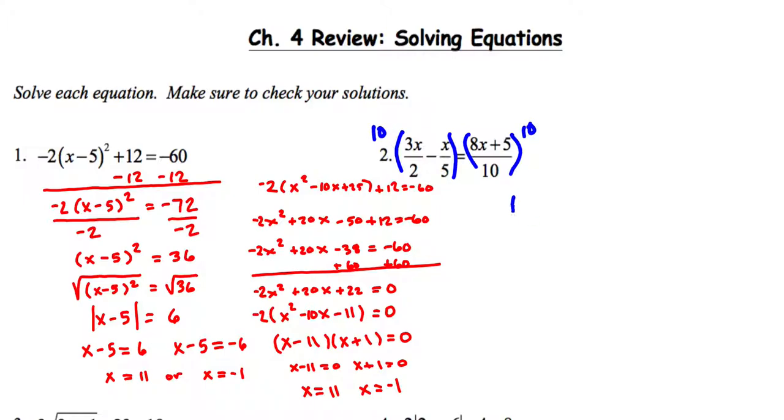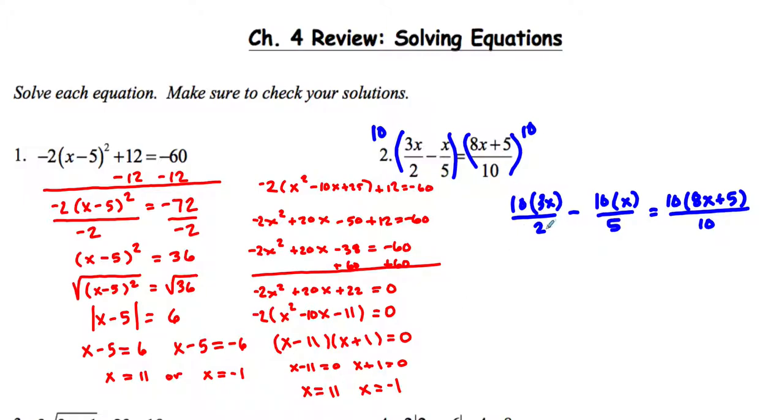So what we've got here is 10 times 3x over 2 minus 10 times x over 5 equals 10 times the quantity 8x plus 5 over 10. Now here's the thing, you don't have to show this step, and not everybody does, but if you're struggling and don't understand what's going on, that's why I'm showing it. The reason we multiply by 10 is because that 10 is divisible by 2, it's divisible by 5, and it's divisible by 10, which is going to help get rid of our